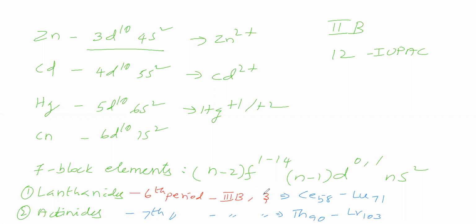So how to find the electronic configuration? If you know the atomic number. How to remember the atomic number for the given element? For that, we should know the periodic table. So we will take the periodic table with 18 columns. This is the first column, next is the second column.